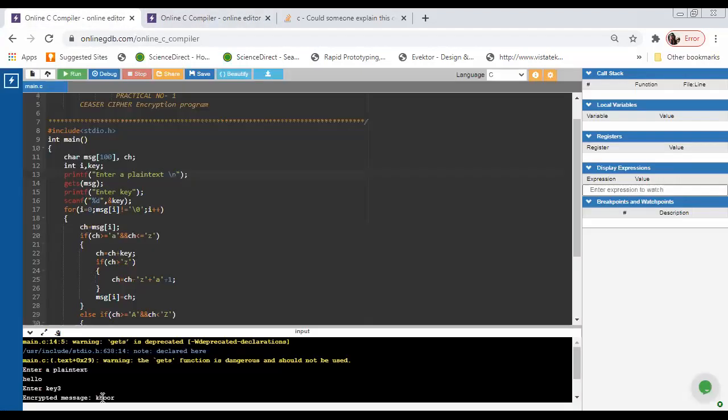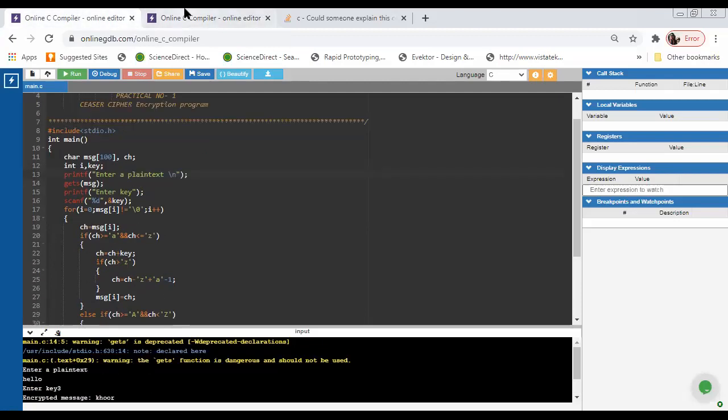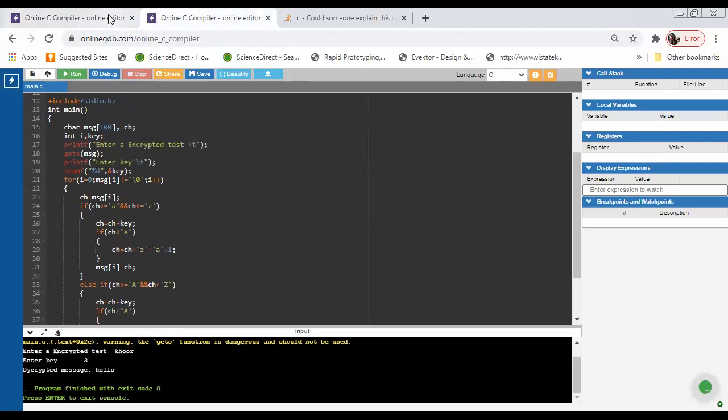So we have converted hello plain text to ciphertext and ciphertext back to plain text. Both of these are programs of Caesar cipher encryption and Caesar cipher decryption.